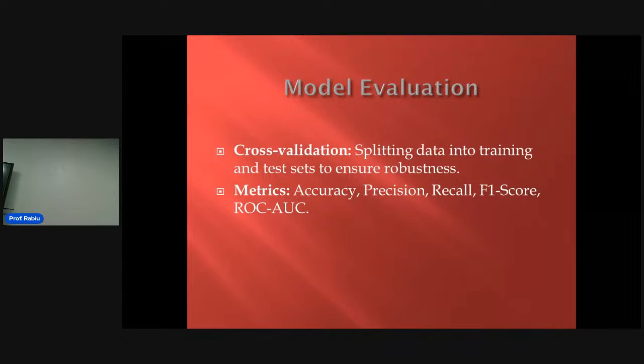We tweak the data, see if the result will change. We give a wrong input, see if the result will change. Because we need to find in every situation the possibility of the data changing and how the data changes. Is it negative or positive? That's the mode of the evaluation. Metrics: accuracy, precision, recall, F1 score, and all that. So we look into the metrics, and for sure, we have to make sure that the precision is there, the accuracy is there, right?